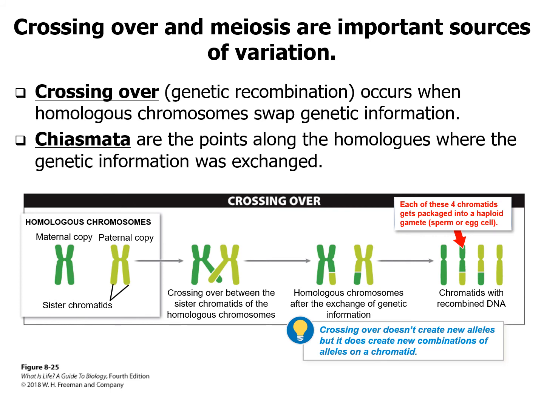So each of the 4 chromatids are going to be packed into a haploid gamete in the end, but they're not all going to be the same. They're going to have some similar information to pass on, and that's why siblings look similar, or you might look similar to your mom or your dad, but this is how we get that genetic diversity. And where that genetic information being exchanged occurs is called the chiasmata. Little less important information. Just know what crossing over is.